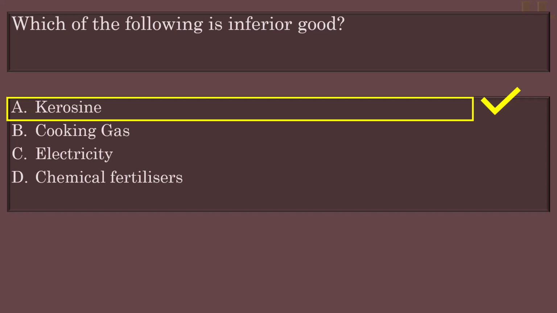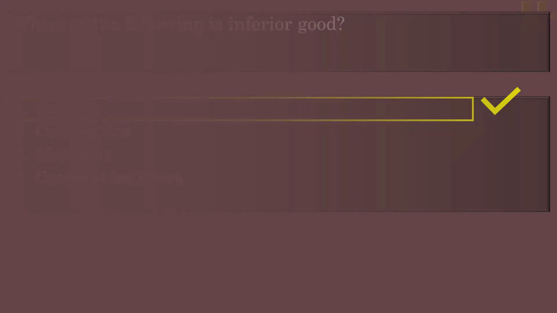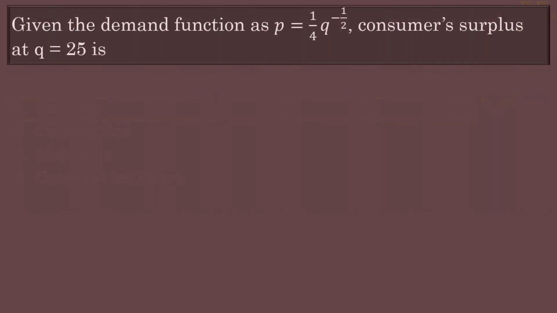He can go for microwave oven or gas or anything like that. So, kerosene is the inferior good. Good. Next. Given the demand function as P equal to 1 by 4 Q power negative half, consumer surplus at